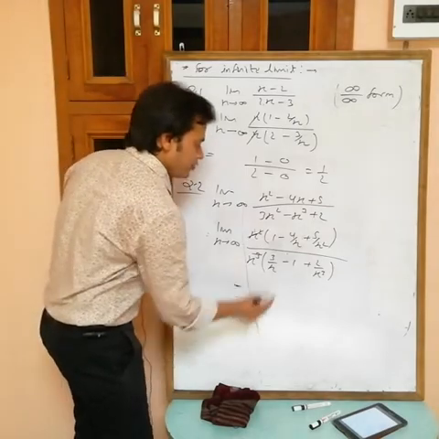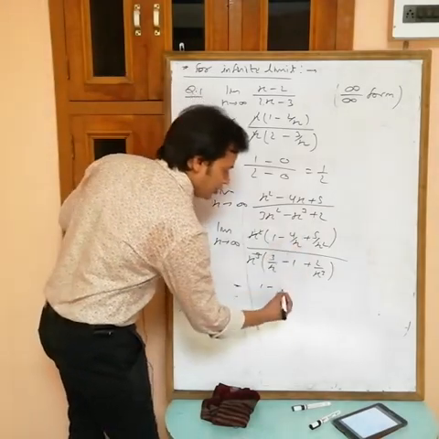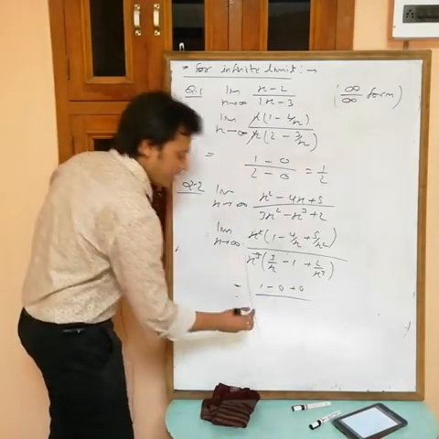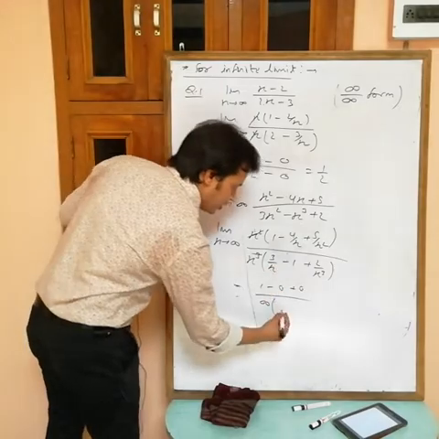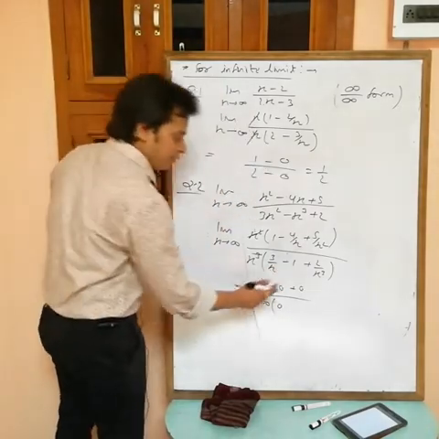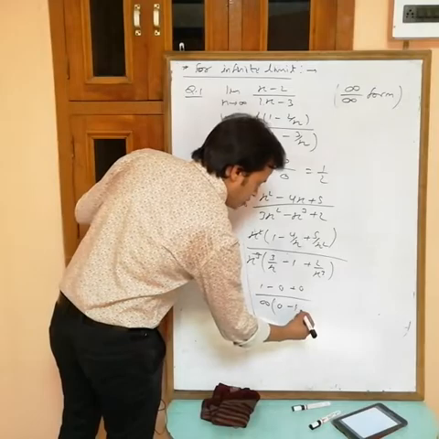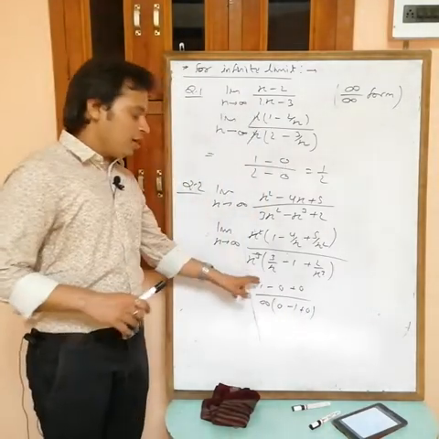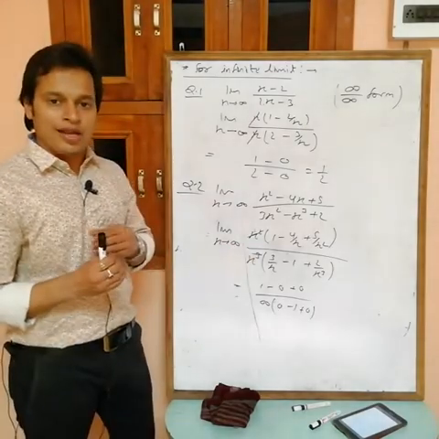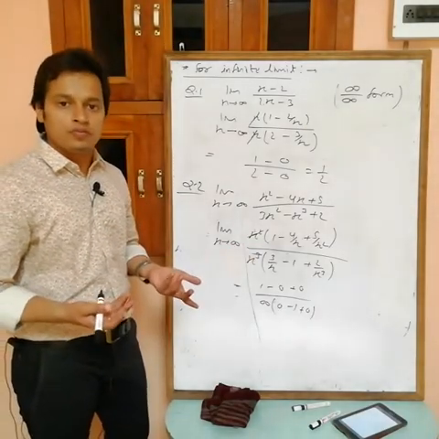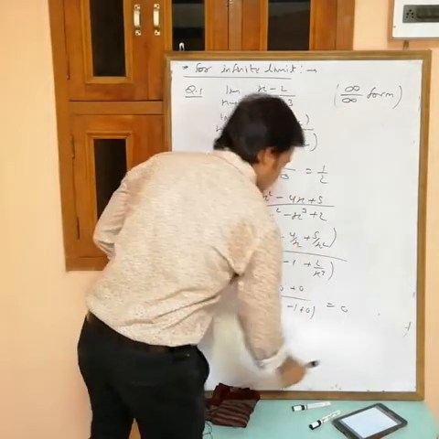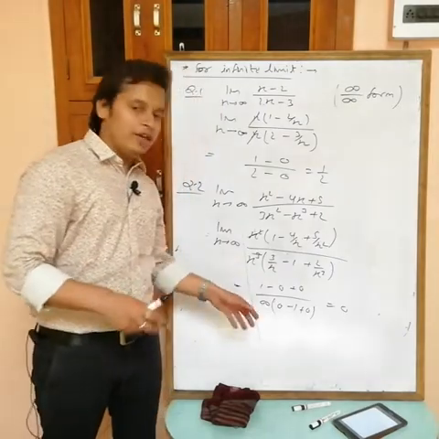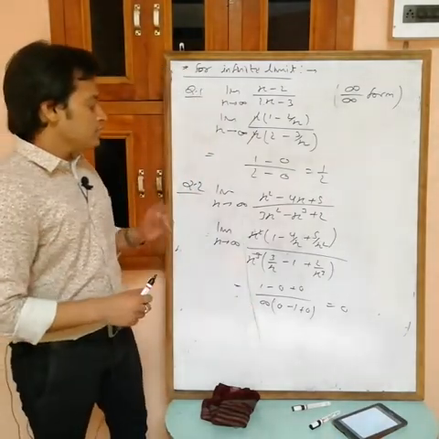If you put x equals to infinity, 1 minus 4 by infinity is 0, 5 by infinity is 0. Here x is infinity. 3 by infinity is 0, and x is remaining. Minus 1 and 0. Infinity into minus 1 is minus infinity, and 1 by minus infinity is minus of 1 by infinity, which is 0. So minus infinity minus 1 by infinity is equal to 0.